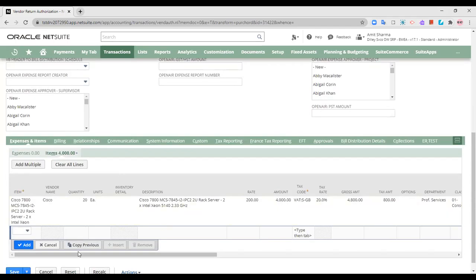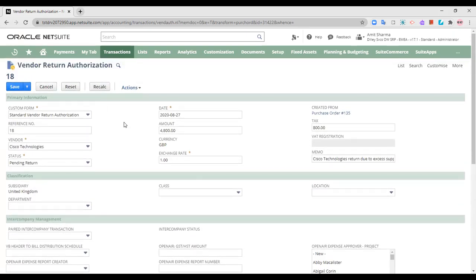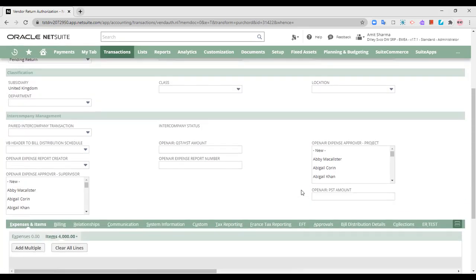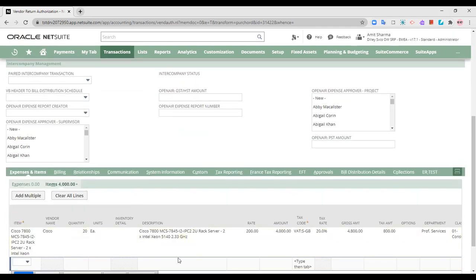Items are there. If any expenses are to be added for the purpose of return, if you have incurred any expenses, you can add those expenses. Click on recalc and the amount over here will automatically be recalculated. Once you are done with all the extra information, the next thing is you will have to save the vendor return authorization.